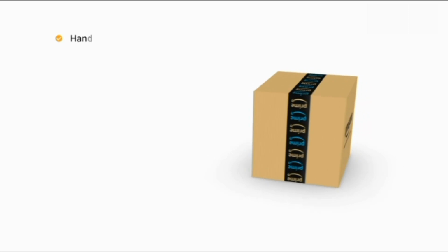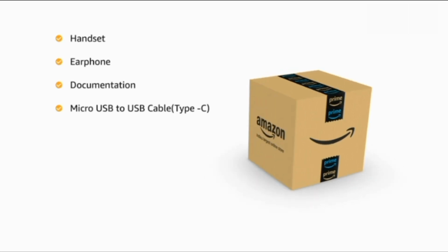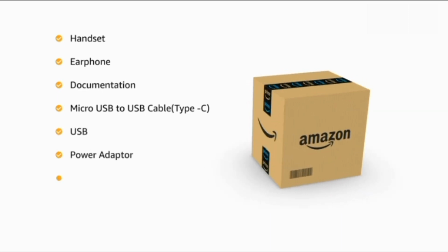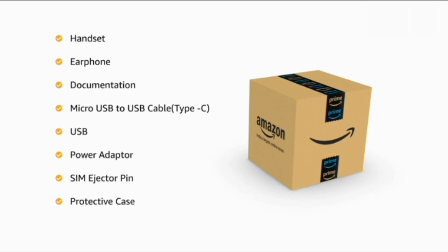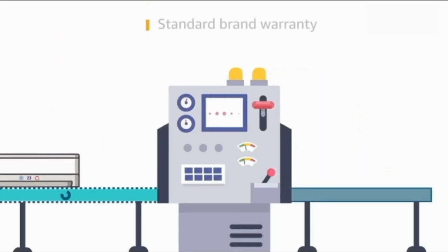The box includes handset, earphone, documentation, micro USB to USB cable Type-C, USB power adapter, SIM ejector pin, protective case and a pre-applied protective film. This product comes with standard